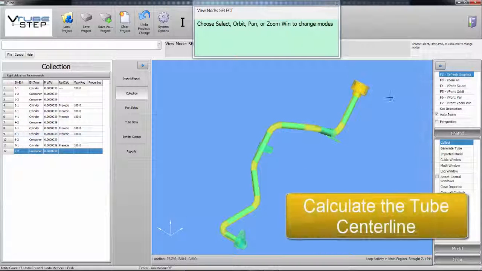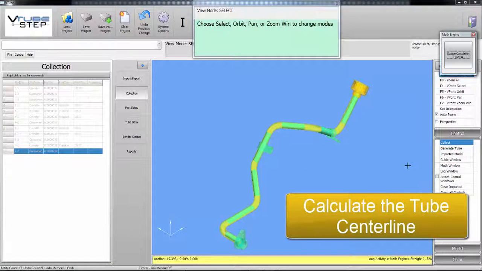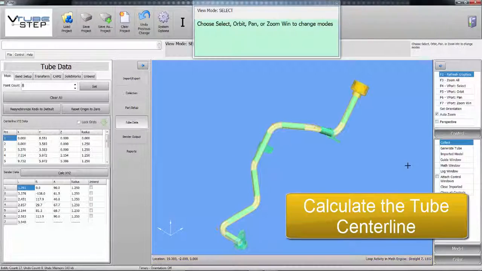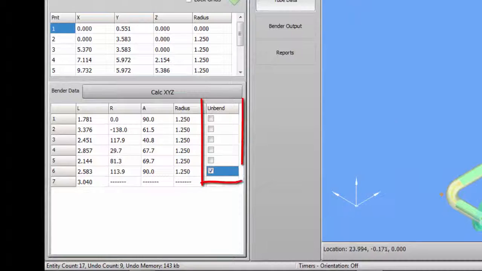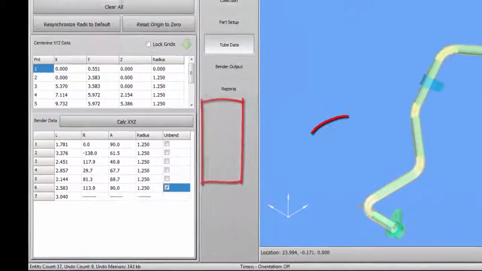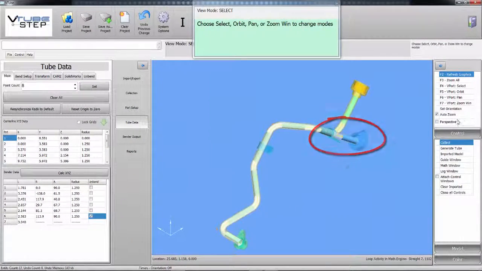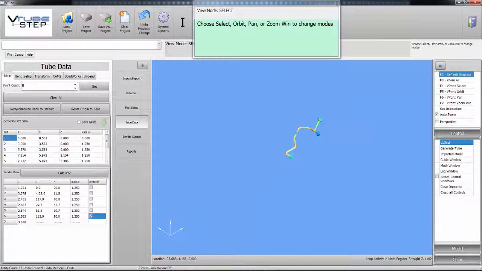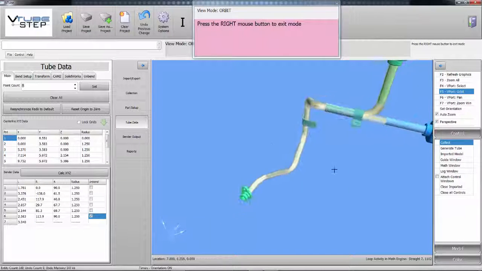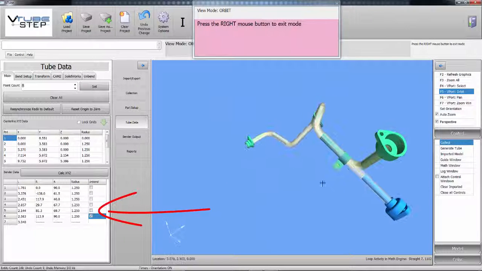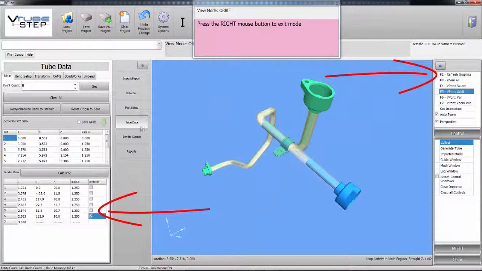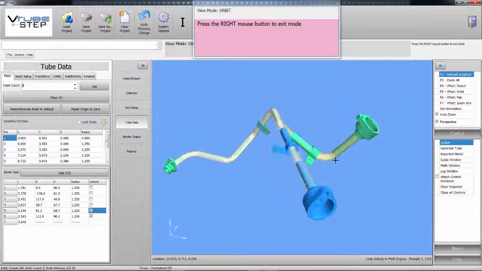Now we're going to calculate the center line by generating the tube model. You can see the tube center line data on the left in the XYZ coordinates. But there's a new column in the LRA, and that column allows us to unbend any bend in the tube. You can see the unbending happens as soon as we perform a redraw. You simply check the box on the left in the unbend column, and then you press F2 or refresh graphics, and the tube unbends whatever bends you have checked in the check boxes and takes the components with the